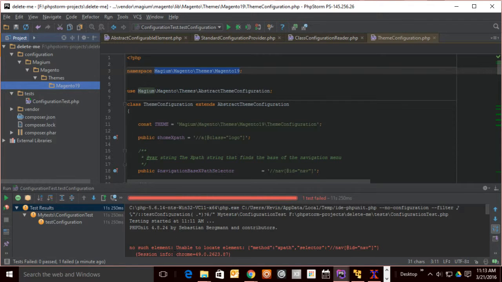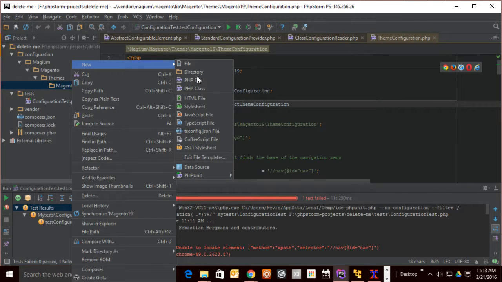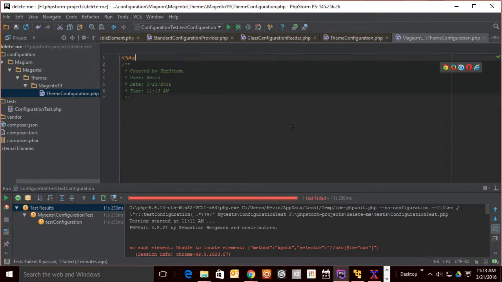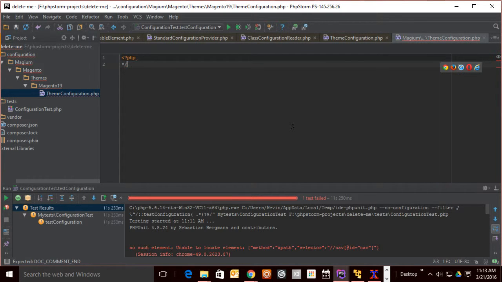So now that we've actually created the directory, we need to create a PHP file that's going to interact with the configuration proxy. So we'll just take that, copy it, and we'll create a new PHP file. And this is why I like this approach as opposed to using the command line. I can do something like this, where I go var this, properly named variable, and it's going to be theme configuration, and it's going to be Magento 1.9. So I can give myself that type hint there,